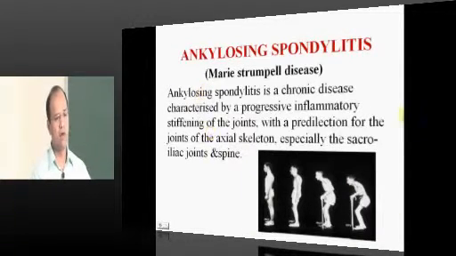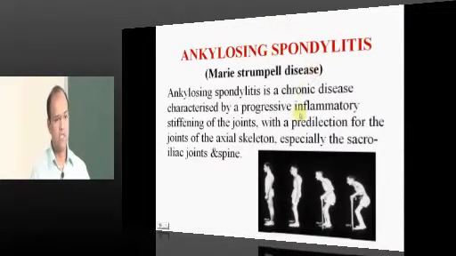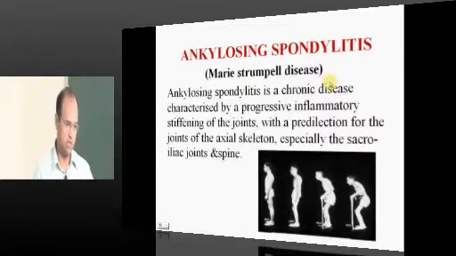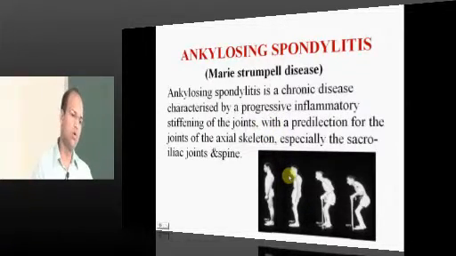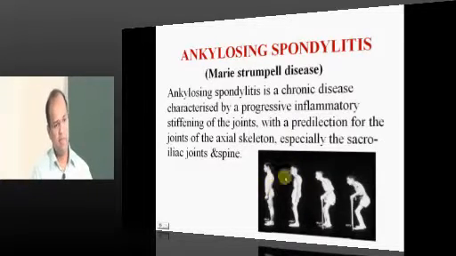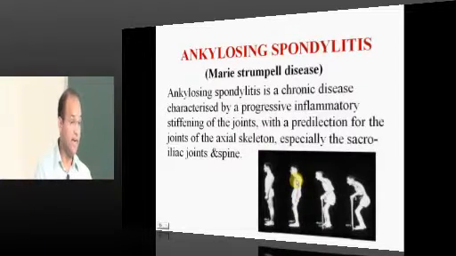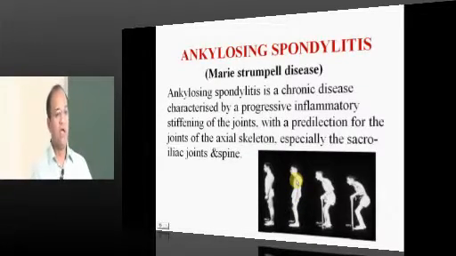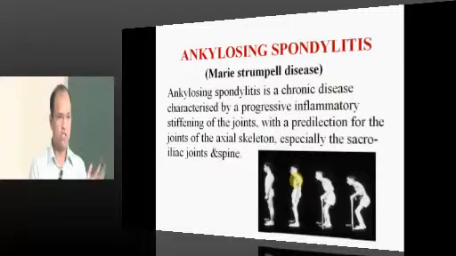The next disorder that we need to learn about the spine before we close is ankylosing spondylitis. It is also something related to the spine. It is also called Marie-Strumpell disease or Bechterew's disease. What happens here is, it is an autoimmune disorder, right, similar to rheumatoid arthritis, more specifically affecting the axial skeleton, more specifically the sacroiliac joints and the spine, and it affects the younger population unfortunately. This autoimmune disorder ends up in fibrous initially and later on bony ankylosis, both of the sacroiliac joint, other joints if at all it is affecting, and the spine, and the whole of the spine becomes one.